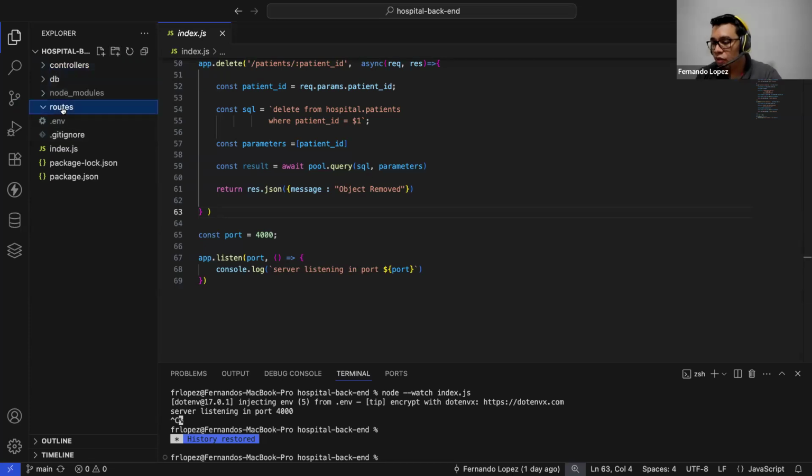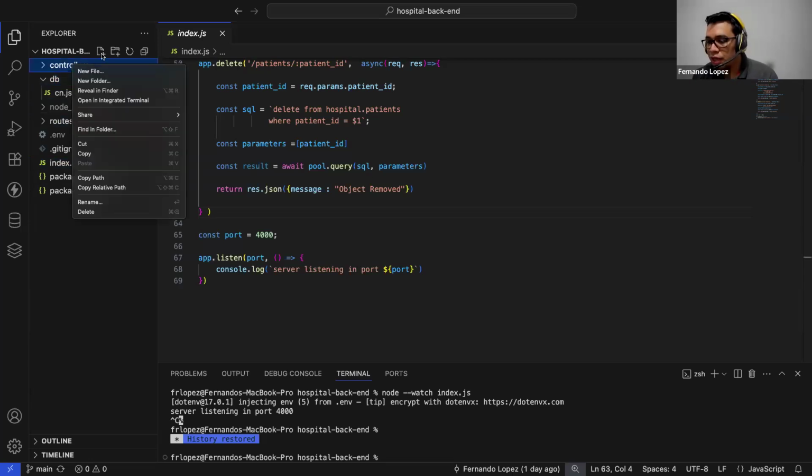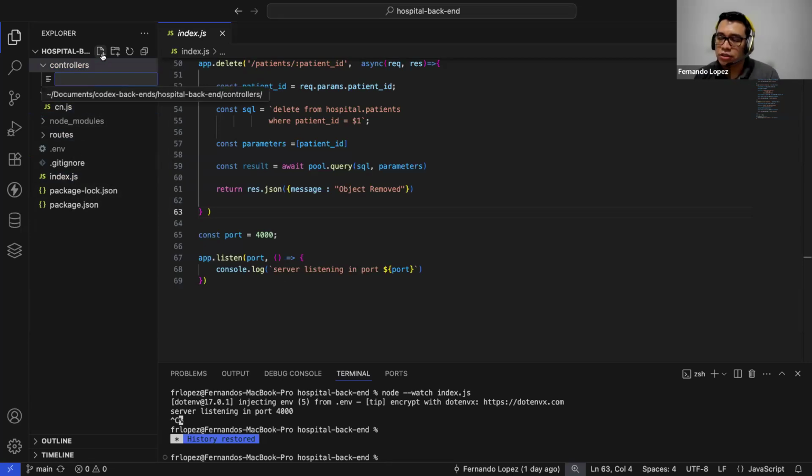Okay, so in the routes, we are going to define the endpoints. And in the controllers, we will be defining the functions or the functionality of connecting to the database. So let me explain how I will refactor this code that I have here right now. The first part is that I'm going to start working with the controllers. So I will add a function, or no, it's not a function, it's going to be a file that will be called patients